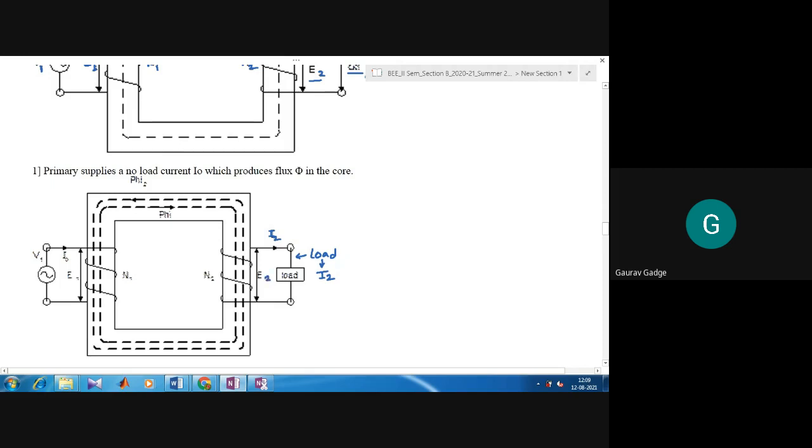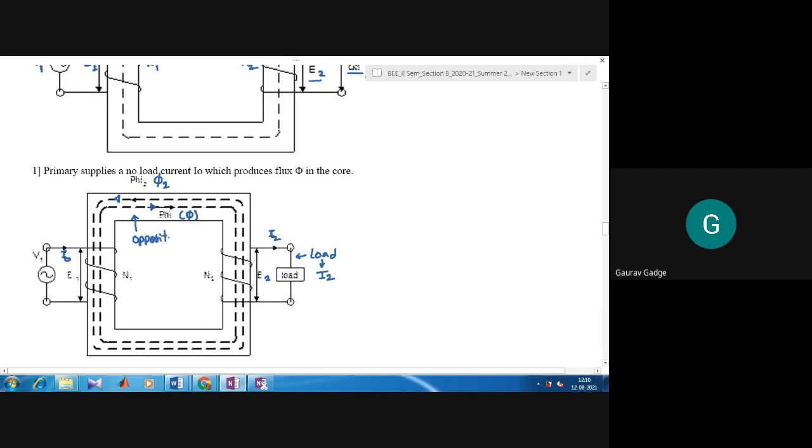Now, this secondary current I2 develops its own magnetic field. जैसे यहाँ पर हम लोगों ने कहा था कि primary current I0 जो है, एक खुद का magnetic field develop कर रहा है, and that magnetic field is represented as flux. उसी तरीके से जब I2 पास होगा, तो I2 की वजह से एक खुद का flux develop होगा, and that flux is phi2. You can see here, it is phi2. But the thing is, the orientation of flux phi2 and the orientation of the initial flux phi, both are in opposition. There is opposition between both the fluxes.